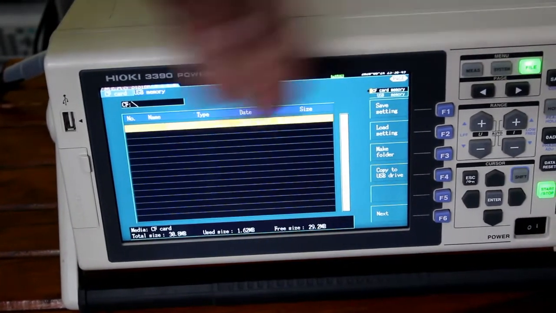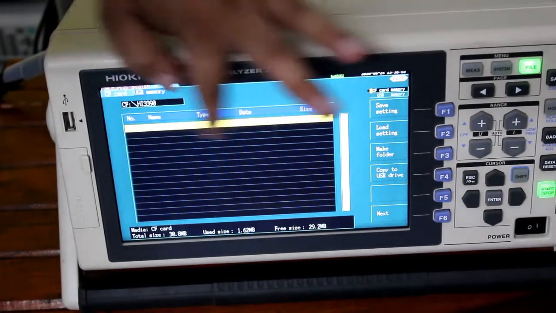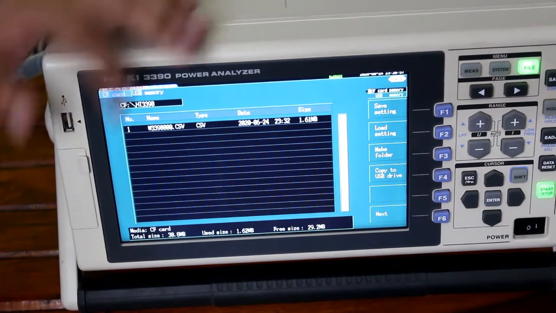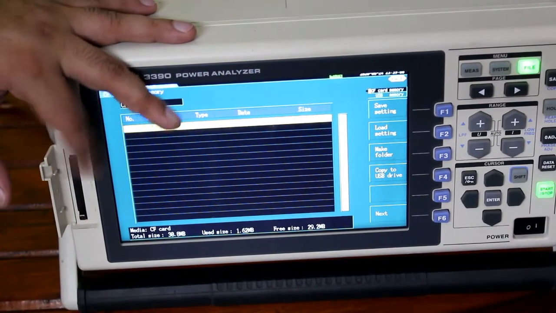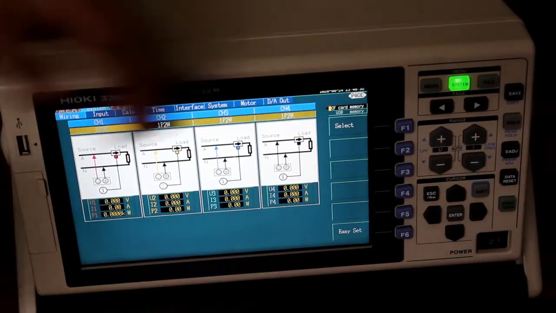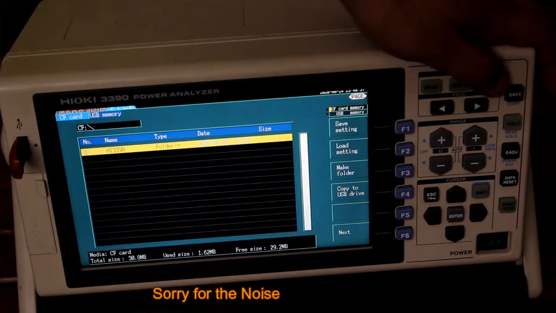And in the file you will be able to see the data which you are getting. The data has been already saved here, and let us now take out the CF card and we will see the data on my laptop. Now to take out the data, it's very simple. I'll put the pen drive and go to the file.